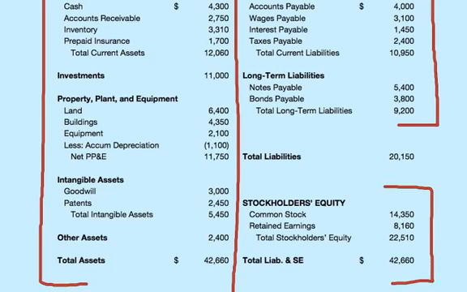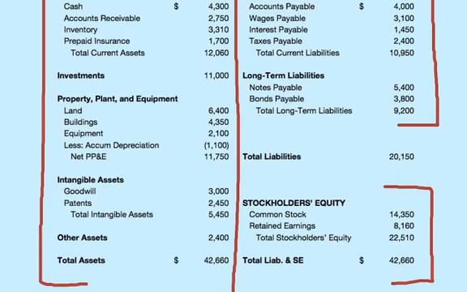To understand why that is, the assets are what the company owns. It's stuff like their cash, accounts receivable, inventory, prepaid insurance, land, buildings, equipment. It's their resources, things that they have to use that will bring some sort of gain, profit, or economic benefit at some time in the future. That's what an asset is. A liability,